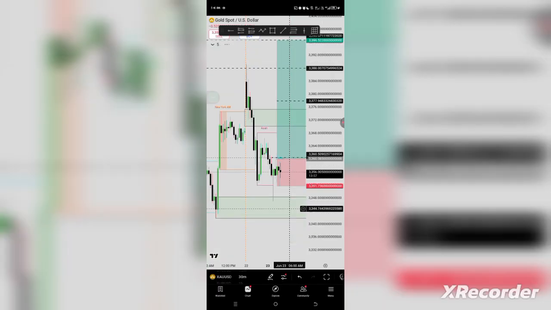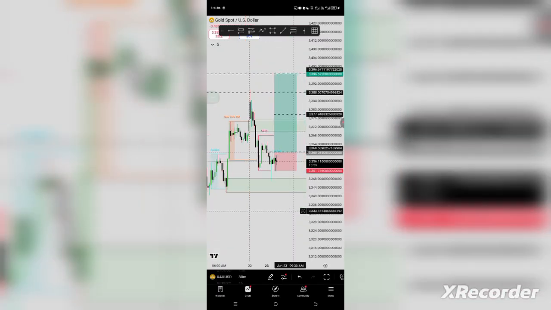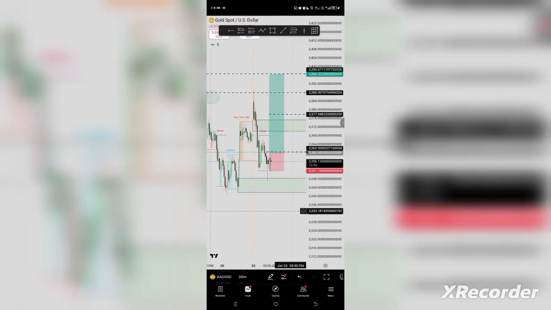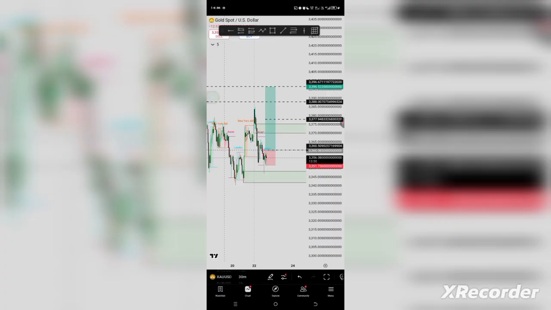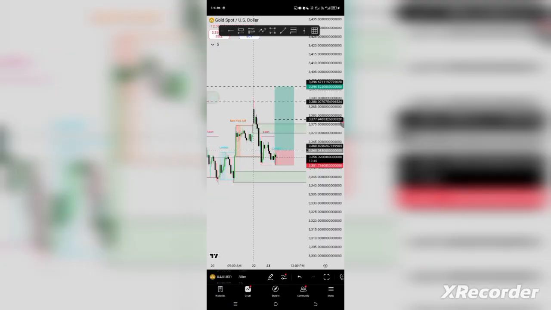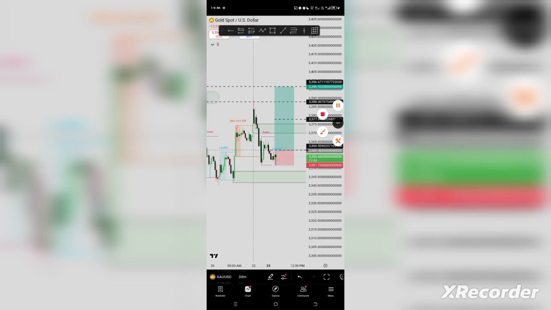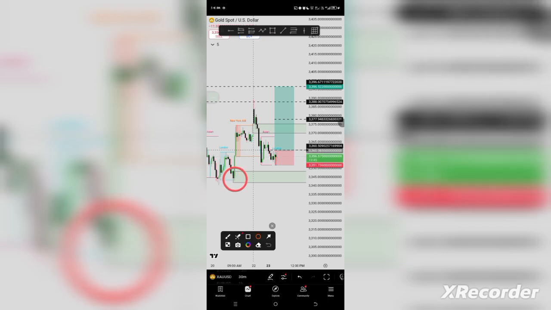So funny enough, our XAUUSD already, yeah, you can see I already marked out. Let me just explain this in a little nutshell. So market is on an uptrend here. So this is my demand zone. This was the demand zone I marked, and